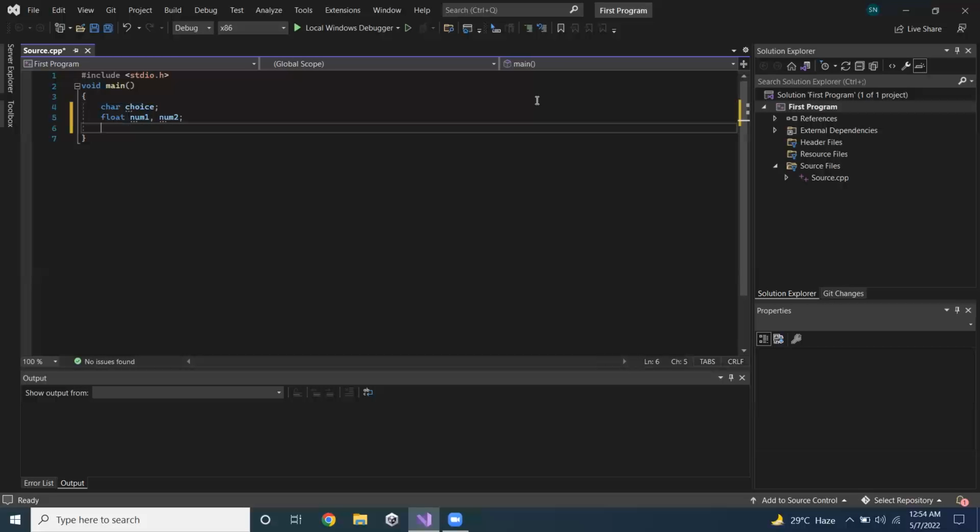Now I will implement some user interaction statements. The first one is printf "enter your choice". This is basically an optional thing to do to make your program interactive. So this is the message that I want to display at the beginning of the program,